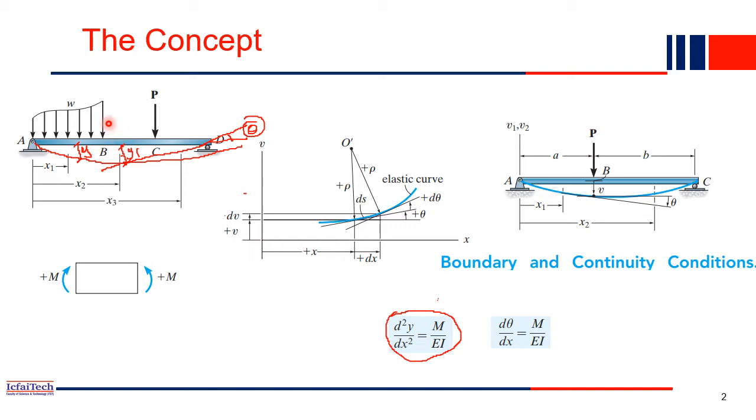Because of this load, if your slab deflects excessively, although in every case we'll have some deflection, normally by naked eye we can't see how much deflection takes place. But if deflection is too high, maybe 10 centimeter or 15 centimeter, it is very, very high deflection. In that case you will feel panic, right? You may think that anytime the slab may collapse. So that's why we have to find out, after application of the load, how much deflection takes place.